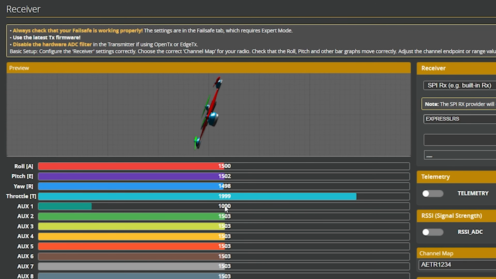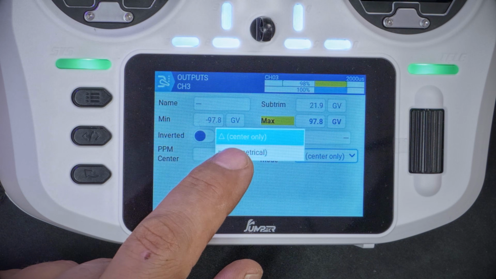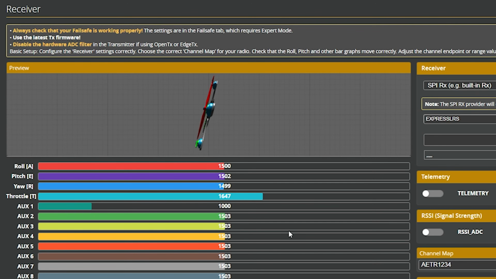But notice that the top of the channel is still 1999 and the bottom of the channel is still 1000. So 1000 to 2000, or near enough, makes no difference. If I then change the subtrim mode from center only to symmetrical, look at the difference. Now, if we put the throttle all the way down, notice that the bottom of the channel is 1155. Changing the channel center is also changing the bottom. So what we're doing is sliding that bottom half of the channel up without changing